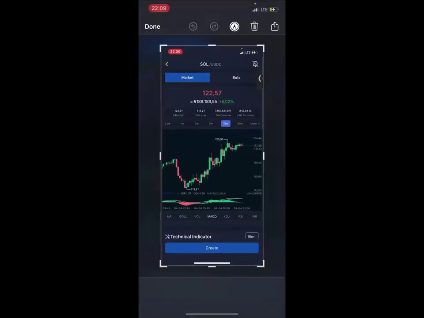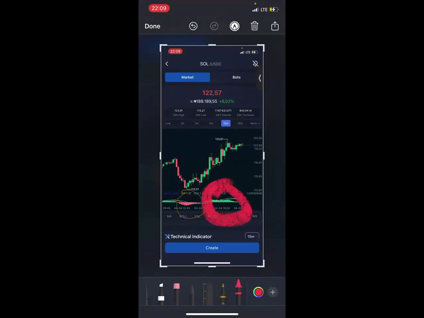You can see from here, we have the histogram, which is representing the momentum in price. The red here is representing the downward momentum, and the green ones are printing upward. The bars are representing the upward momentum. But then, coming back to your question,